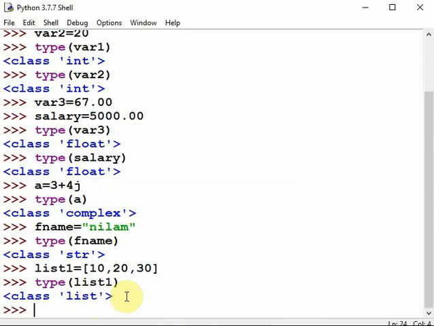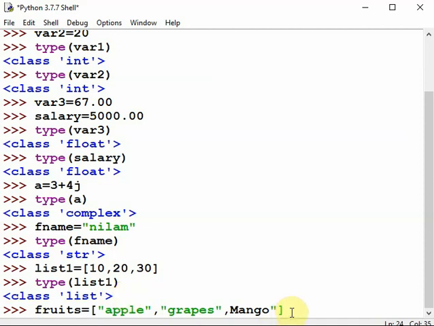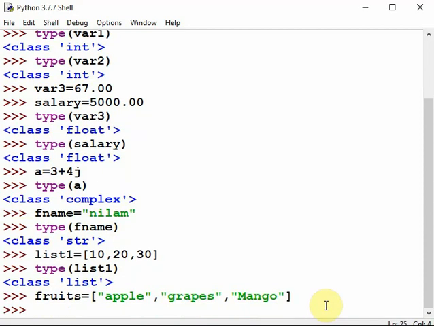Again, see a second example of a list. Note that a list is enclosed in square brackets. So fruits is the name of the list. Fruits equal to square bracket apple, comma, grapes, mango, right, enter.